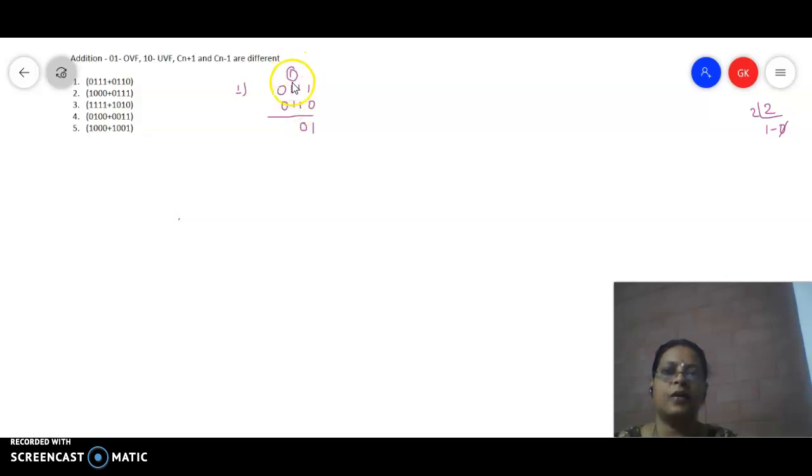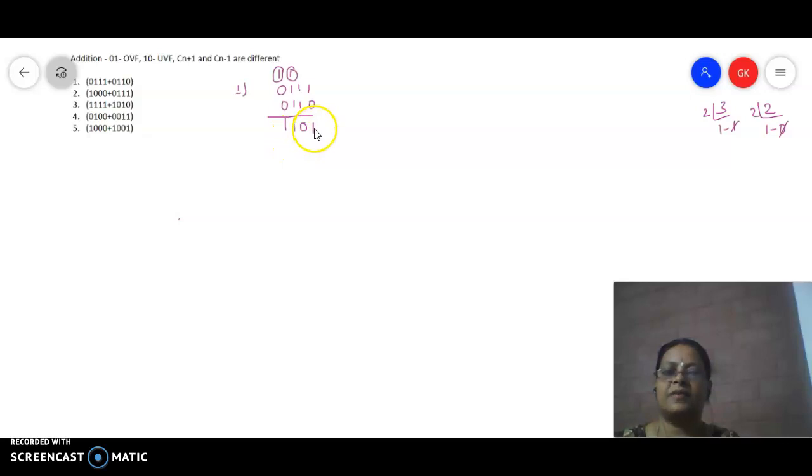Now if I add 1 plus 1, 2, 2 plus 1, 3, you do the decimal counting, and once you get 3, it has to be converted into binary. Converting that, 3 is 1 twice is 2, 1 is the remainder. You write this remainder in this position and take the MSB to the next digit. Then here you get this 1. So the sum of these two numbers is going to be 1101.